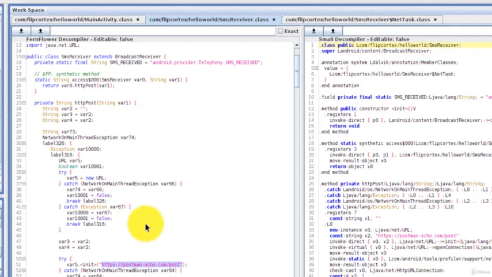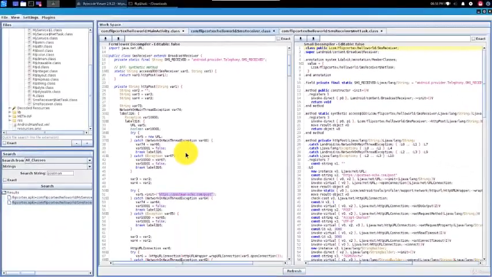So here we have some suspicious activity where we have an app that is meant to be just a shopping list, and for some reason it created a broadcast receiver to receive SMS, and it sent the SMS to a server. So just like that, by using the decompilers, we've managed to go through the flow of the code, and we understood that this malware is actually doing something quite malicious.